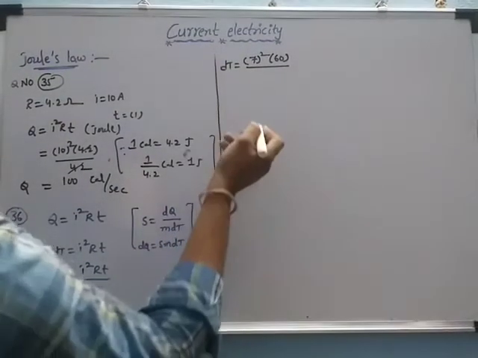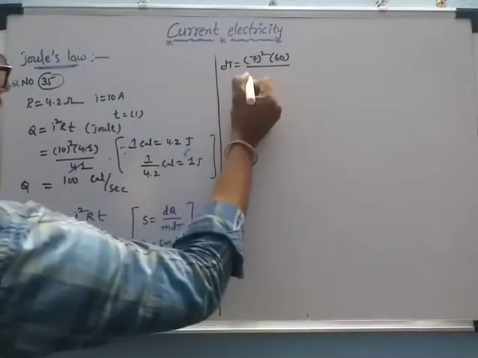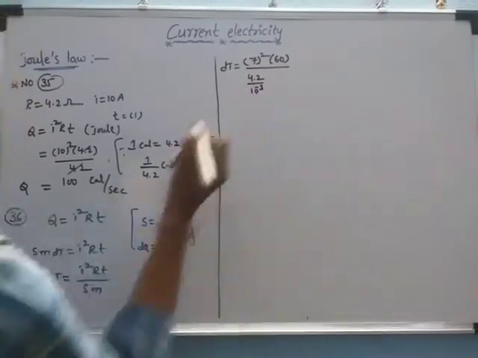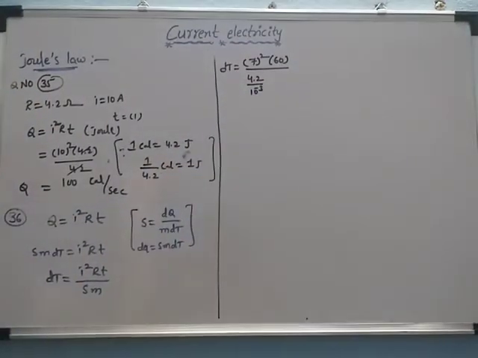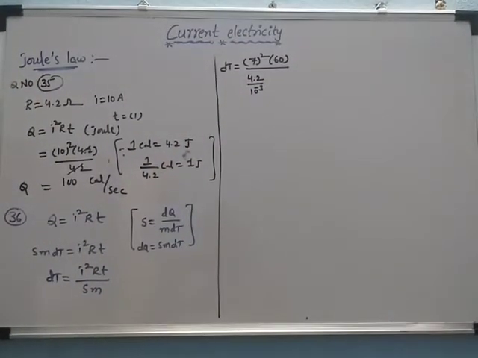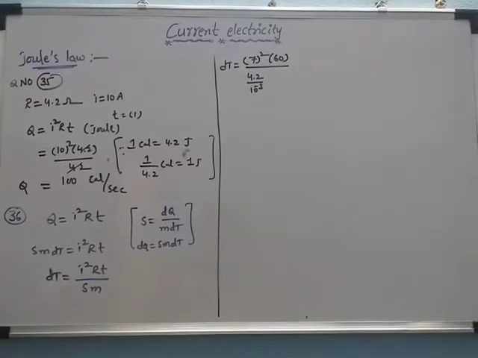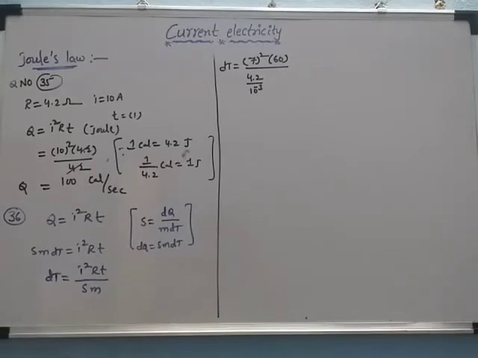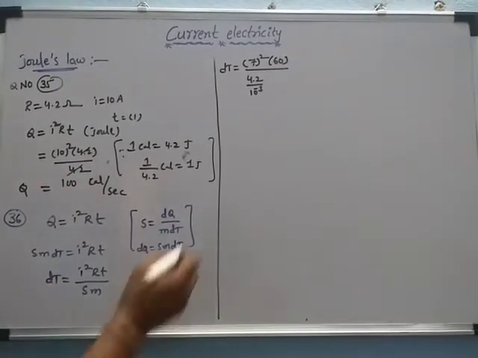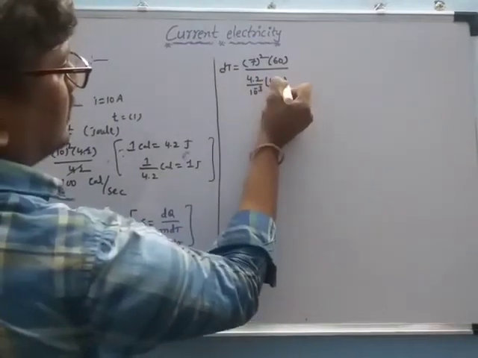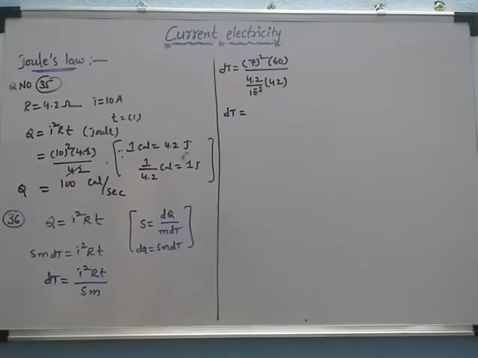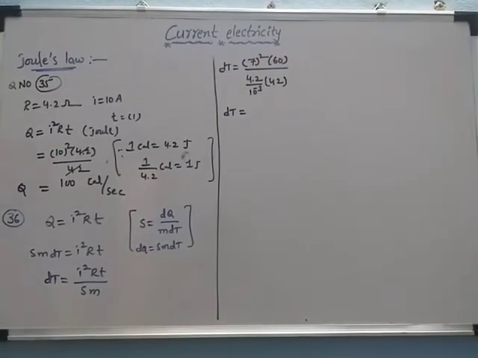The specific heat of water is again converted into calories, so that is 4.2 divided by 10 power of minus 3, because the calories are converted into grams, and joules. So 4.2 into 10 power of 3 into the mass. How much is the mass here? The 42. Then we calculate the rise of temperature. The total calculation we are getting, and this is the time.